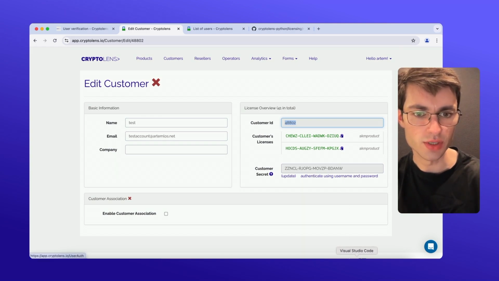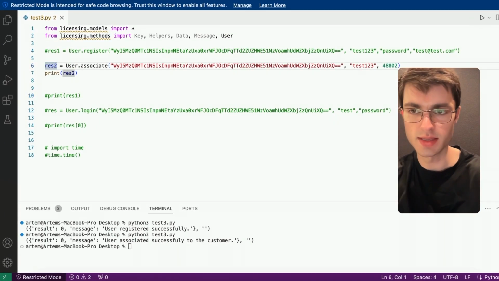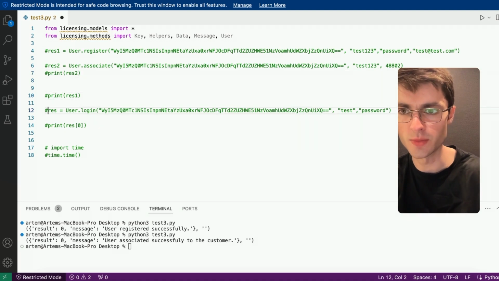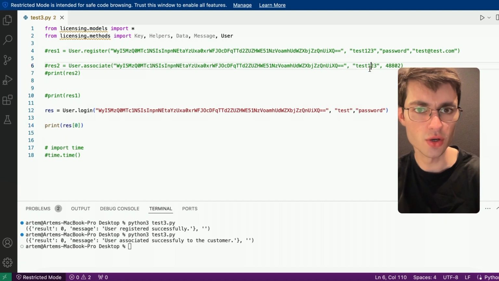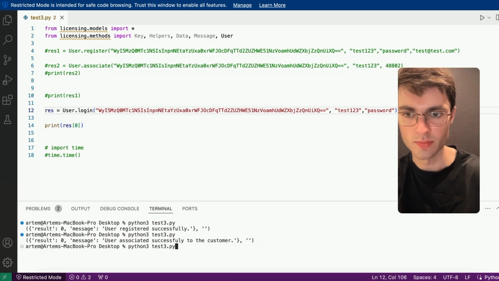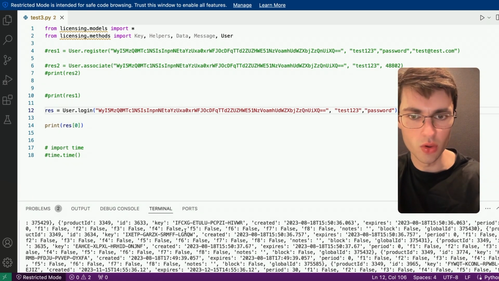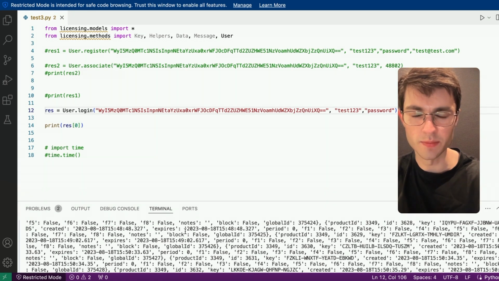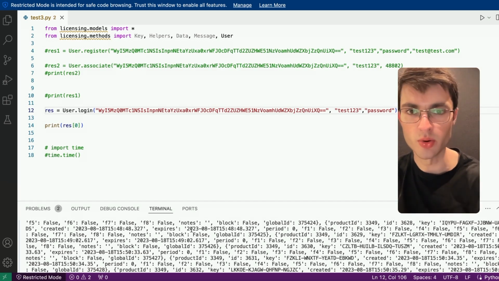We've associated the user, so let's go back and remove this statement and see what happens if we try to log in. So we pick this test 1, 2, 3, run it again, and as we can see, we get all these licenses, and we also get the various properties such as the state of the license, if there are any notes, features, but most importantly, we also get the